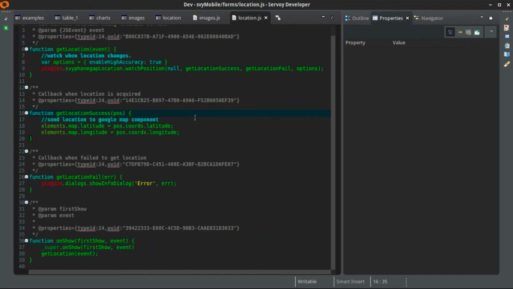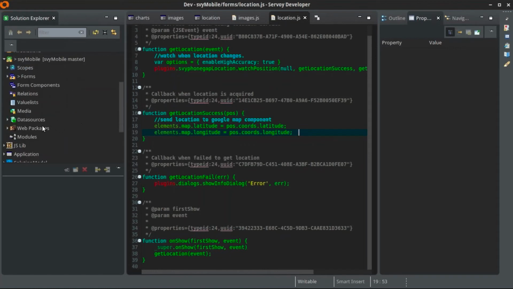And if the position returned to us is valid, then I'm going to update my single element, the map component, with the new coordinates, latitude, longitude. Yeah, and that's pretty much it. So I guess one of the questions is, how do we get access to some of these components and services? And for those who don't know already,